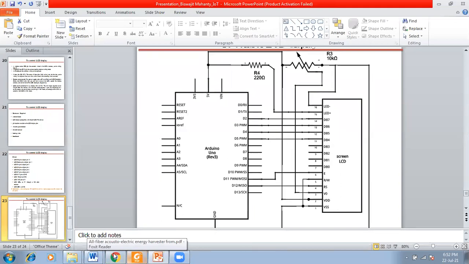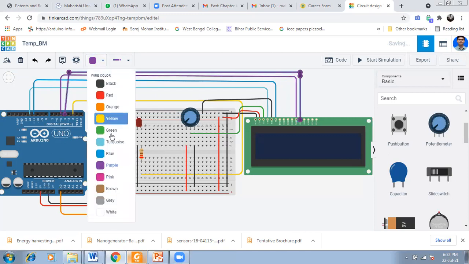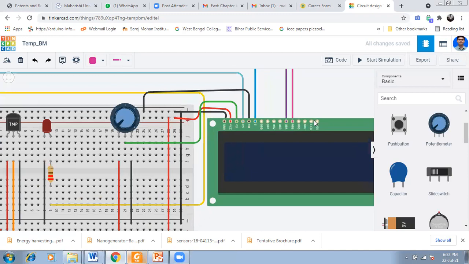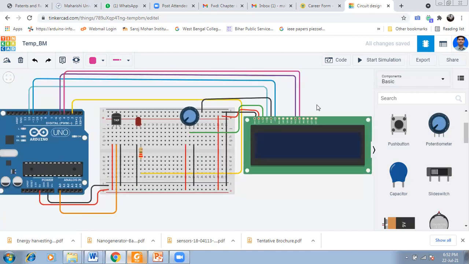Now 5 is connected with 4. Change the color. Now the 6, DB6, is connected with 3.